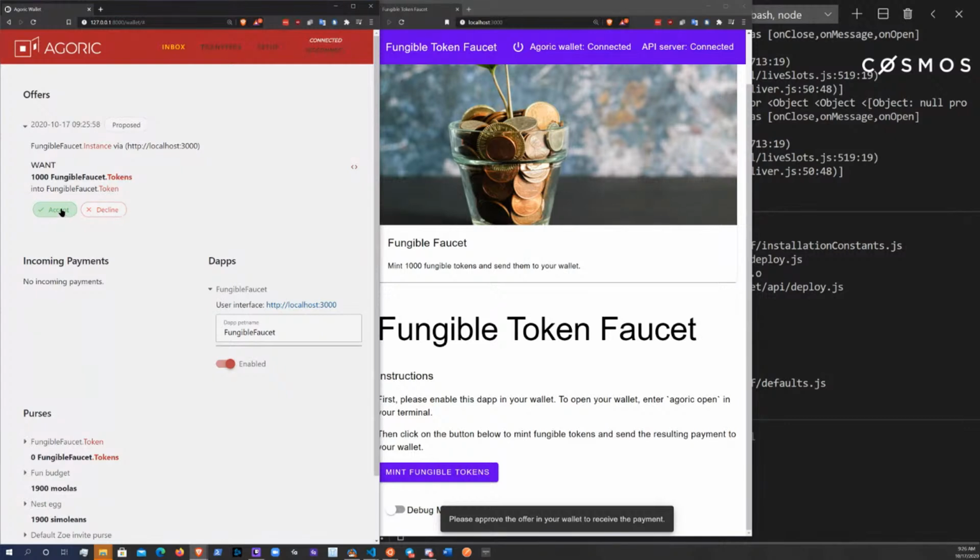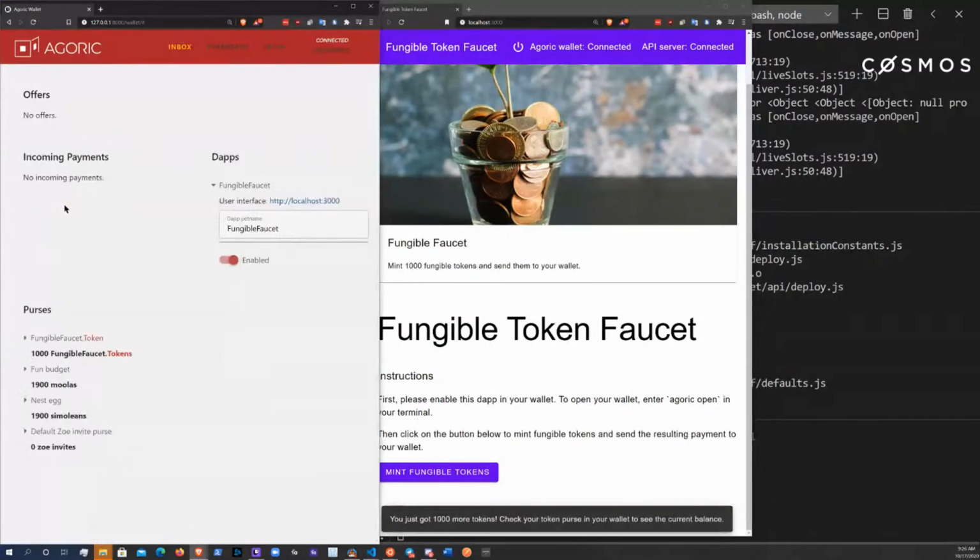In my wallet, I am now approving that it should submit on my behalf to this contract an offer that says, hey, could you give me some money? We'll see fancier offers in a moment, and you'll see why all this mechanism works. And now that I did that, behind the scenes, the contract executed, and I have 1,000 tokens in my wallet. So I have 1,000 tokens that I just got from the